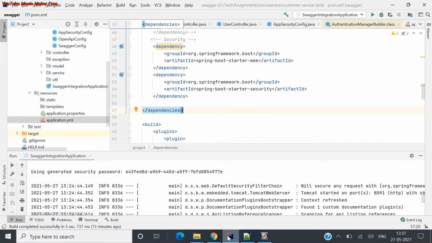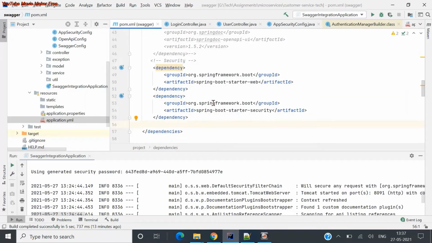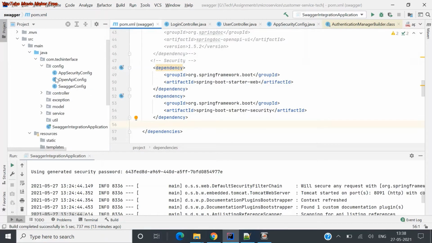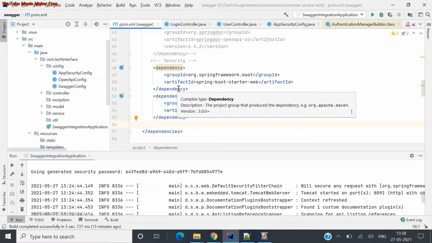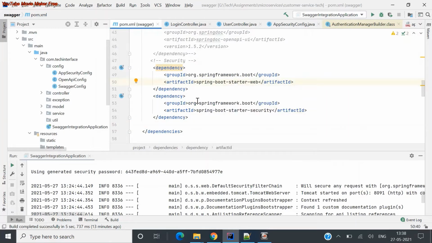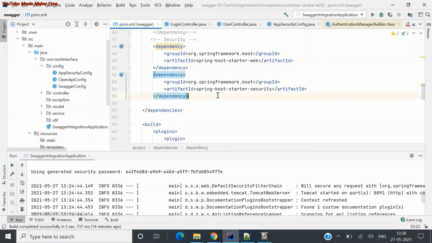What I did is I added those two dependencies in my application. It is the same application we used for the Swagger implementation, and I'll be uploading it to Git as well. This is the same application, and I'm extending it in this video. If you want to learn about the Swagger configuration and the structure of this project, please refer to my older video on Swagger configuration. Now let us move on to how it is implemented.